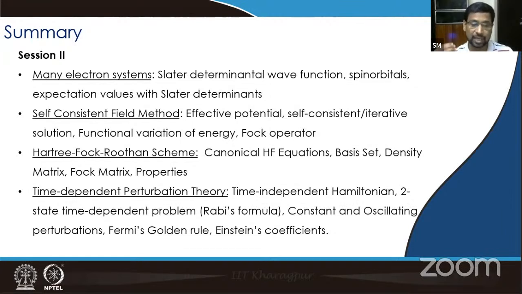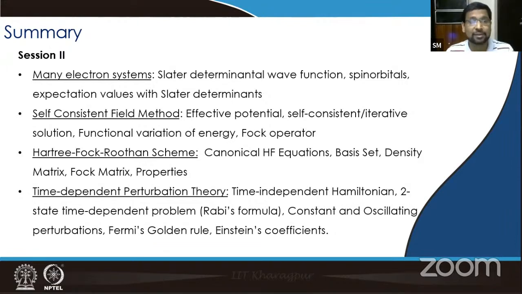That means the wave functions are now expressed in terms of a Slater determinant. In standard quantum mechanics, you know how you can evaluate expectation values and properties. But when the wave function is described by a Slater determinant, how do you calculate the integrals? How do you get the expectation values? We learned them from the Slater-Condon rules. Once we got some experience as to how we can deal with Slater determinants, and discussed various properties of them,